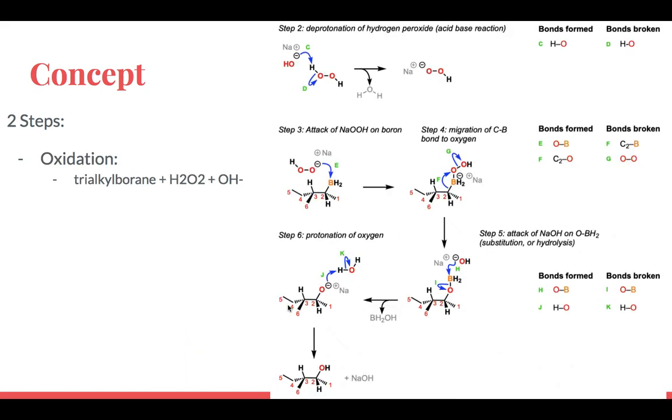Next is the oxidation step. The molecules react with H2O2 and an OH- ion, which acts as a base and takes on an H+ ion from the hydrogen peroxide, as is seen in step 2. Here you see the hydrogen peroxide acid donating a hydrogen to the hydroxide, forming an H2O molecule and a hydroperoxide